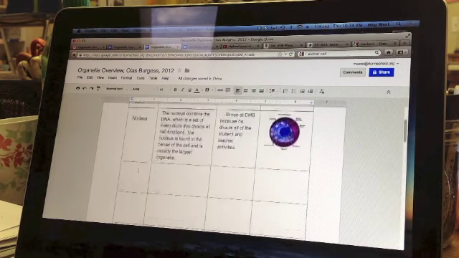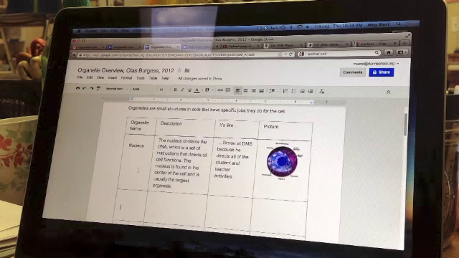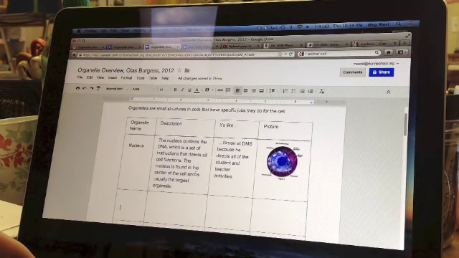And remember, this is a video, so you can pause. If I'm going too fast, you can pause this video so you can type in all of this information, and you're all set. Okay, so the next organelle I'm going to look at is going to be the endoplasmic reticulum,